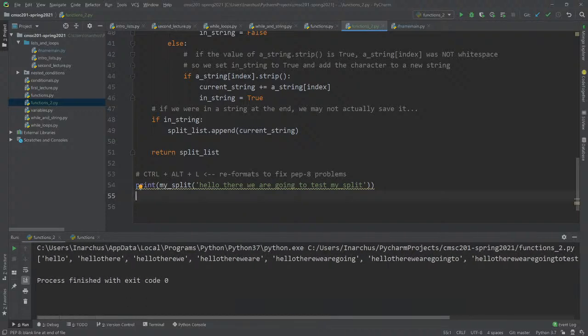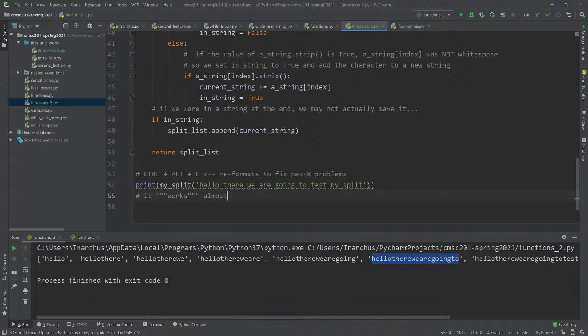So it works. Almost. So what did we forget to do? Notice what's happening here. It's quote unquote working. Let's put some more scare quotes around that.